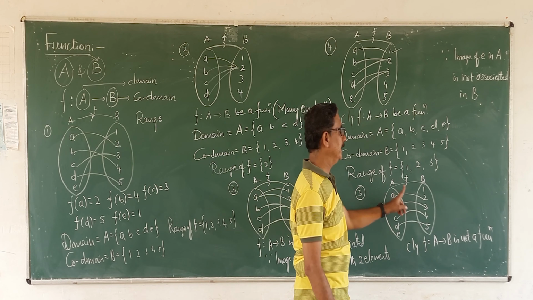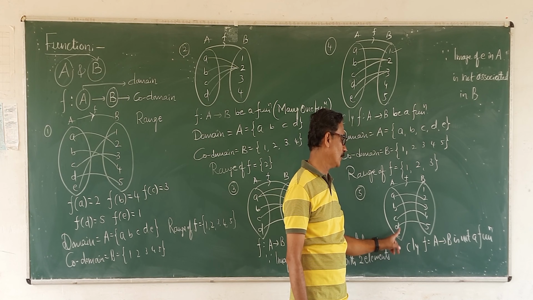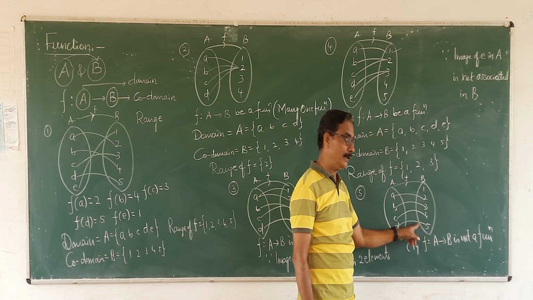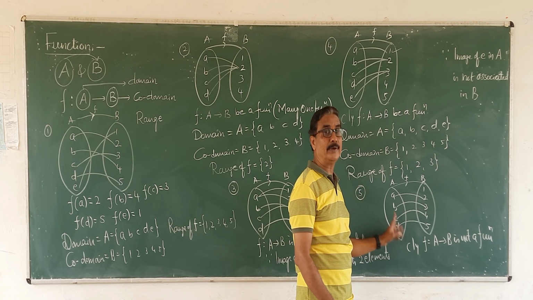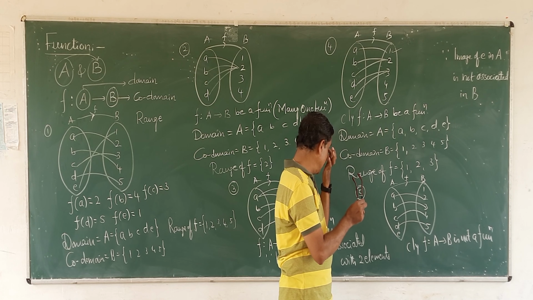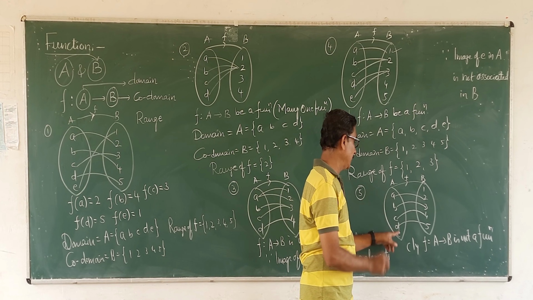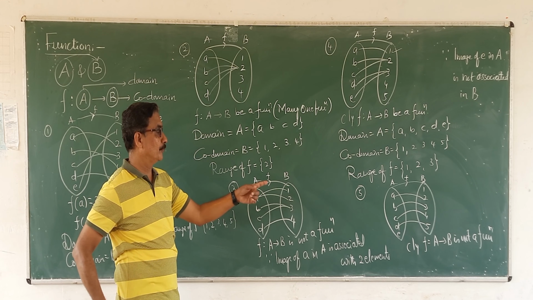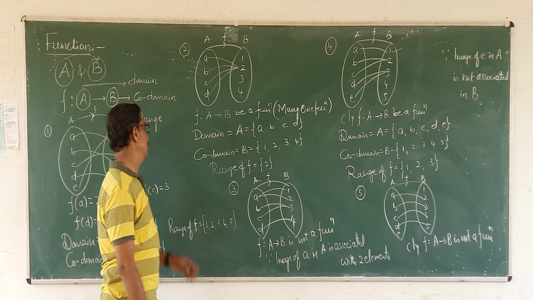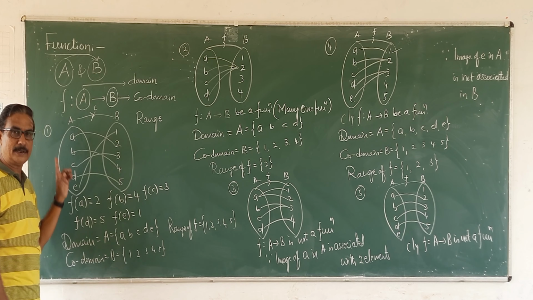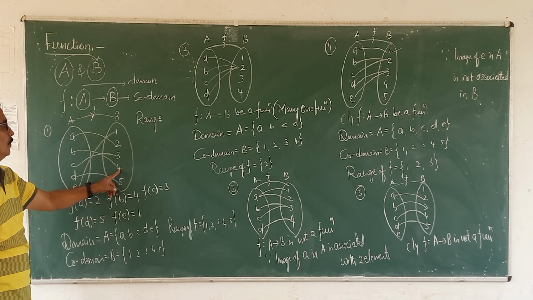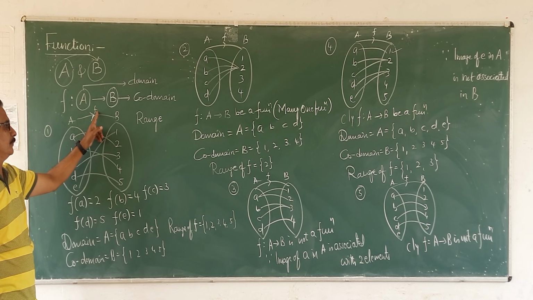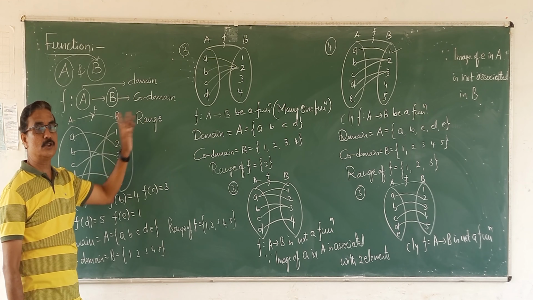Whereas the fifth example is not a function because the image of element E in the set A is not associated in the set B. No element in set A should be left out; all elements must be satisfied. Therefore the fifth example is not a function. Here the first set A is called the domain, the second set B is called the codomain, and the set of all images under the function F is known as the range of the function.